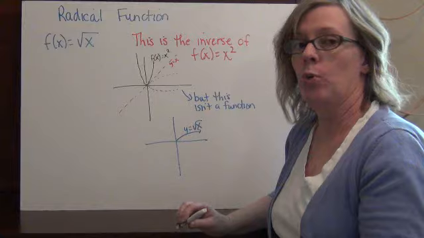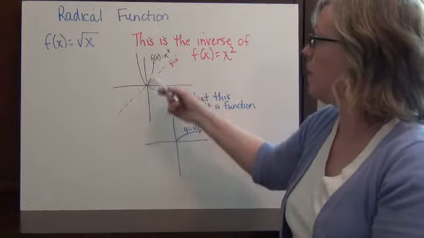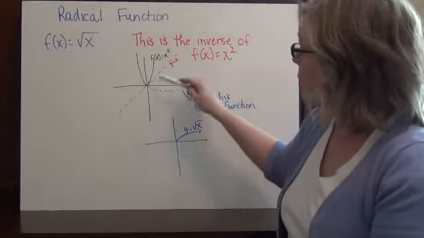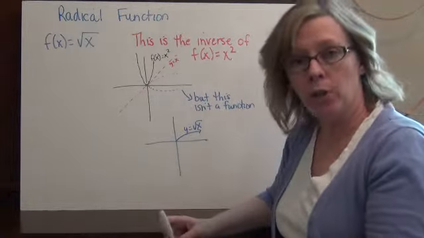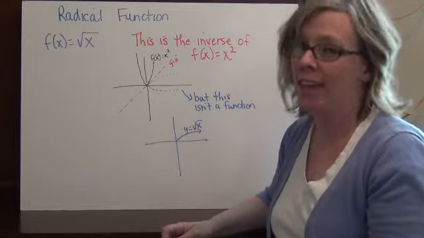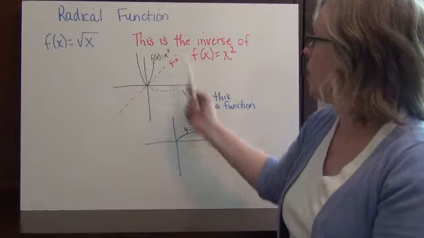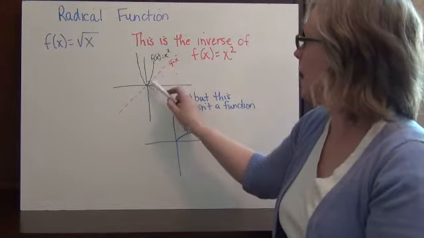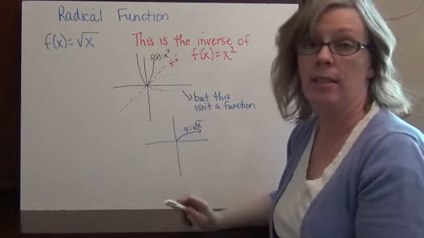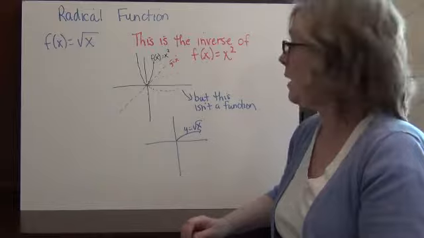So as we think about what the graph looks like, let's start with our x squared graph, which you can see right here. That's our parabola. And I've drawn my line for y equals x because that helps us. Remember, that's our mirror. Whenever we talk about an inverse, that y equals x is our mirror. So if I took this and mirrored it so that now instead of swooping up here along the y-axis, it's now swooping along the x-axis, that would be the inverse of this function. However,